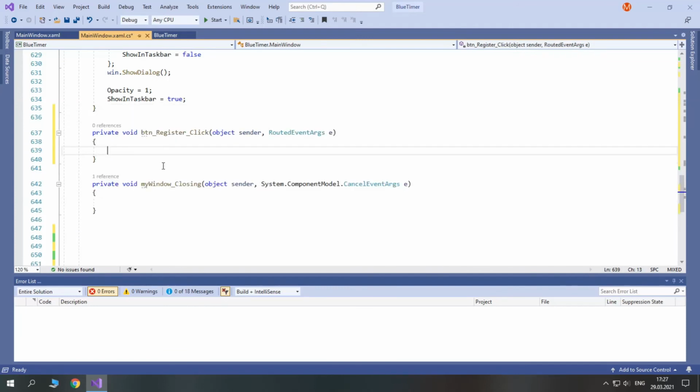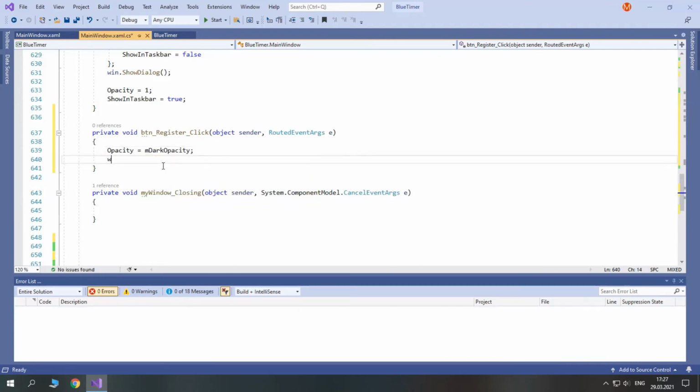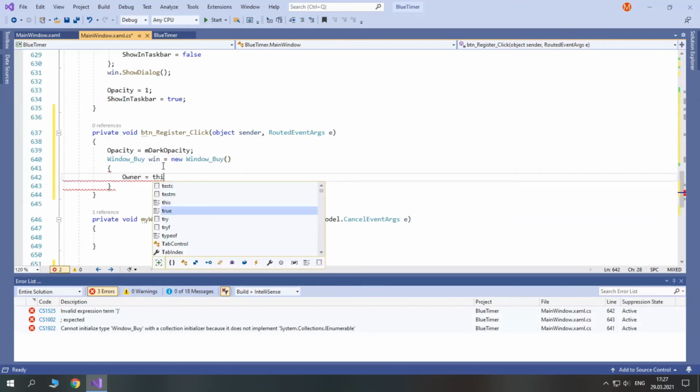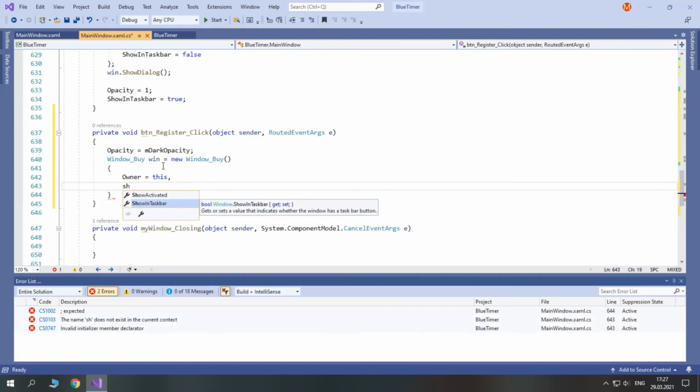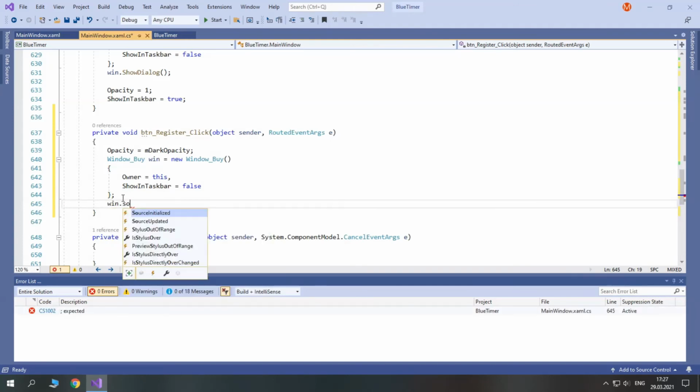So here again we change opacity to dark opacity. We create window by, we set owner to this, and set show in taskbar to false, and show this window.